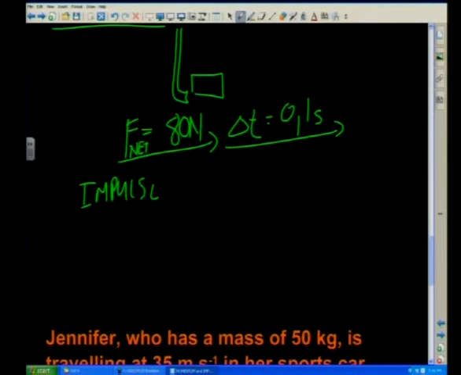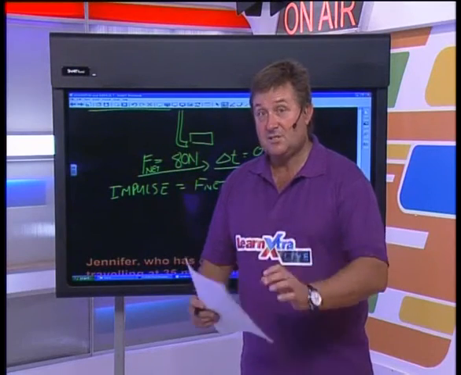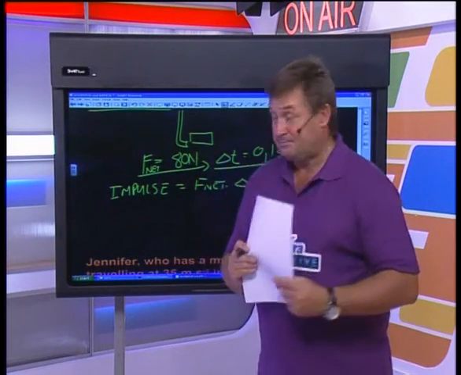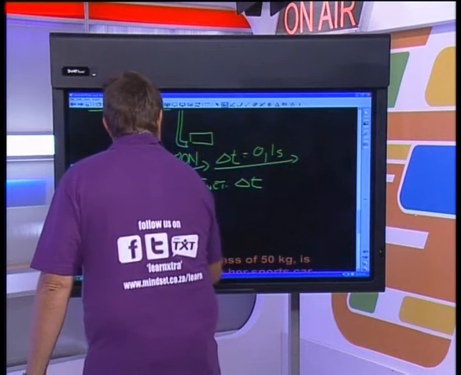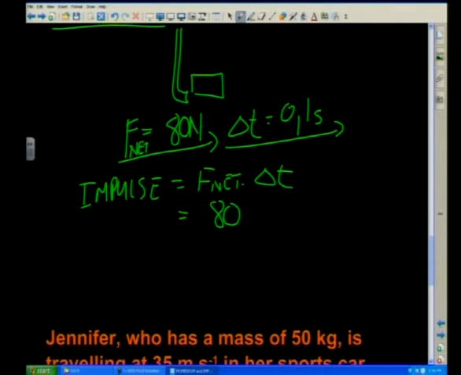is equal to F net times delta t, where delta t is the time it takes for that hockey stick to have contact with that hockey puck. So therefore, my F net is going to equal 80, because that's the accelerating force. My delta t is 0.1 of a second, and therefore, we are now going to have an impulse which is going to equal 80 times 0.1, works out to be 8, and now we come to the unit